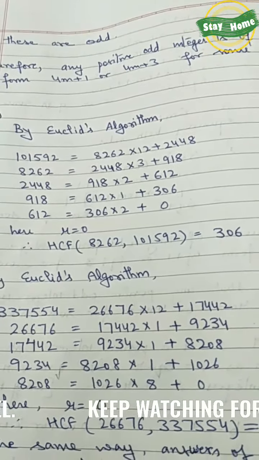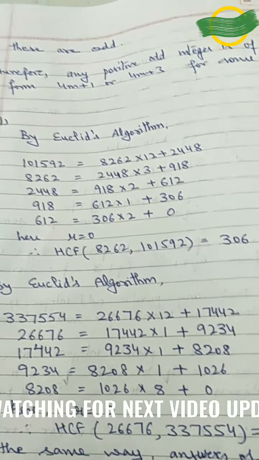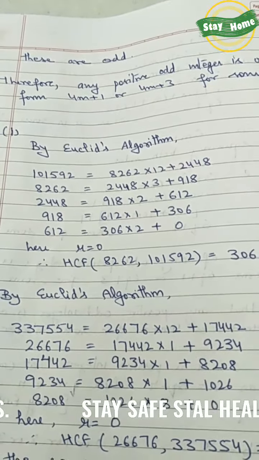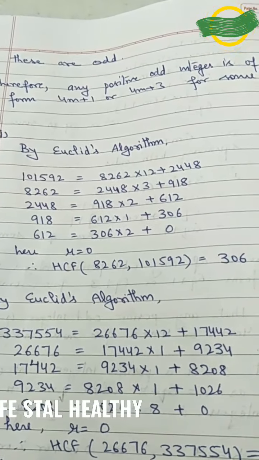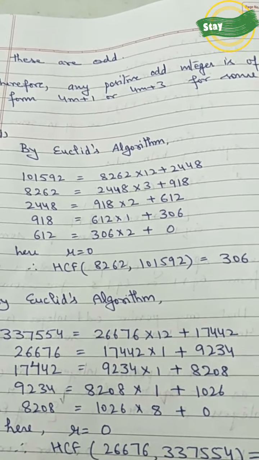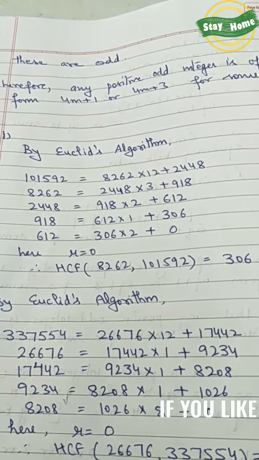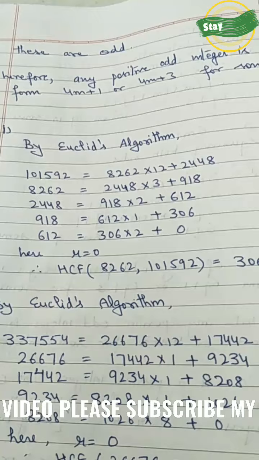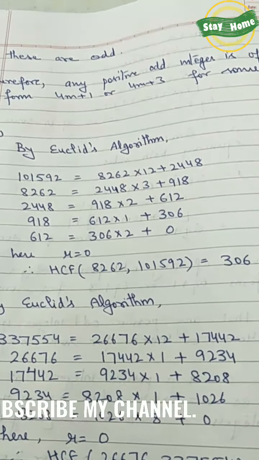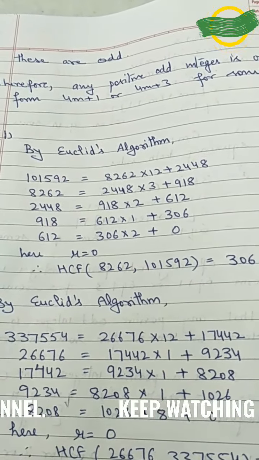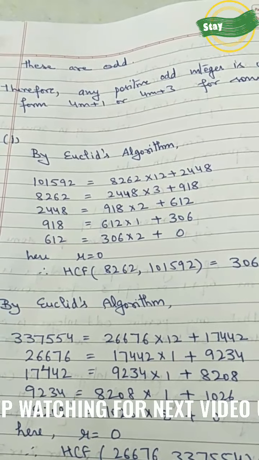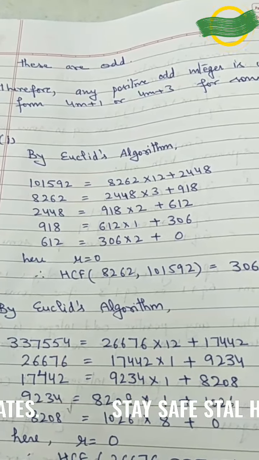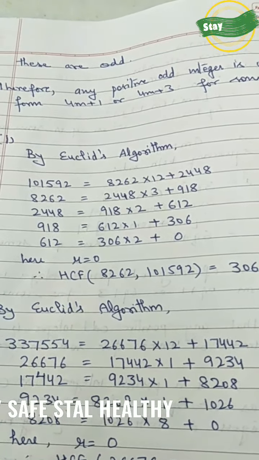If the same question is asked to be done using the prime factorization method, definitely it may be very big. So many factors will be there, no? And maybe we won't be able to crack those prime factors. Maybe prime factors are odd numbers, like 83 or something, right? Sometimes students take a lot of time in solving that, but with Euclid algorithm we have the benefit. Even with big numbers, we need not worry, because division is possible.